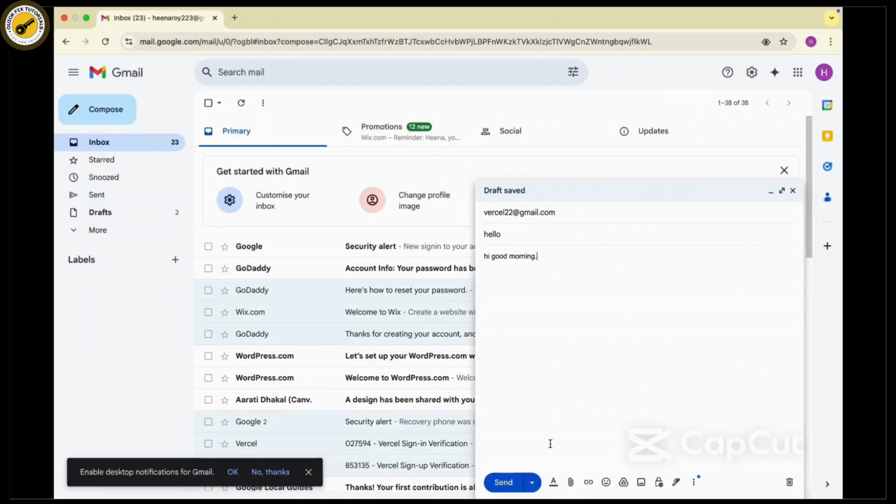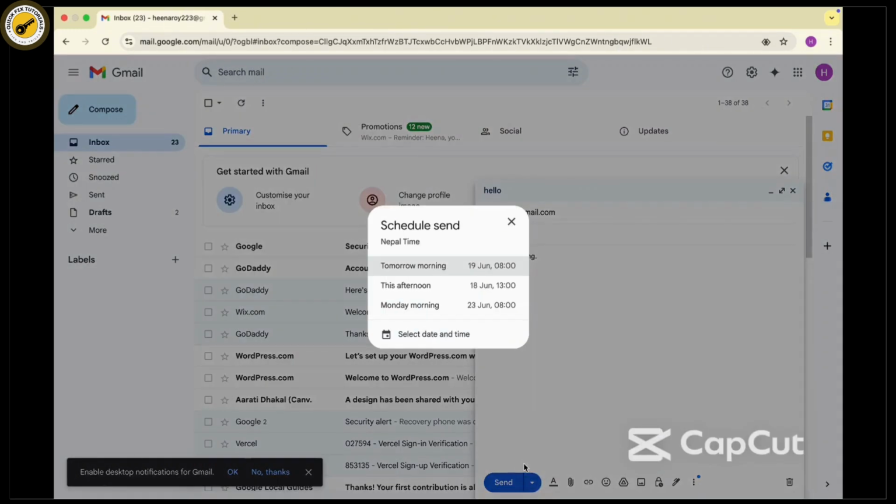instead of clicking on send, click on the small downward arrow next to the send button. Then click on schedule send from the drop down menu. Then Gmail will show suggested times like tomorrow morning, or click on pick date and time to select your custom date